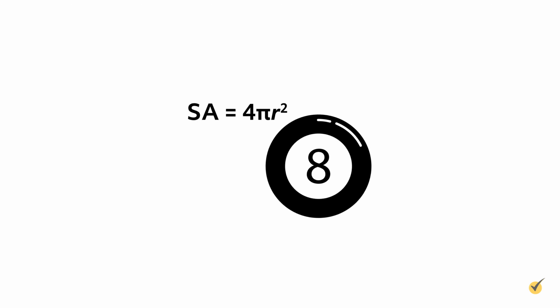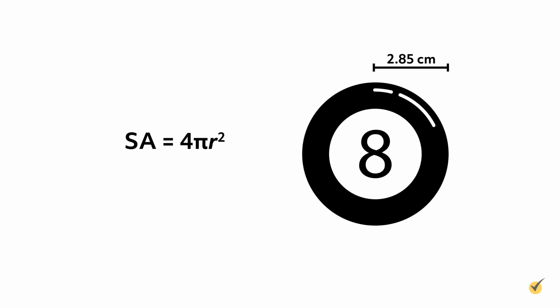The radius of our 8-ball is 2.85 centimeters, so just like with the volume, we simply plug that into our formula. Surface area is equal to 4 pi r squared, so our surface area is equal to 4 pi times (2.85 centimeters) squared. Substituting using parentheses is always a good idea to keep our order of operations clear. So we have our surface area is equal to 4 times pi times 8.1225 centimeters squared, which is equal to 32.49 pi centimeters squared. Once again, leaving our answer in terms of pi keeps our answer exact.